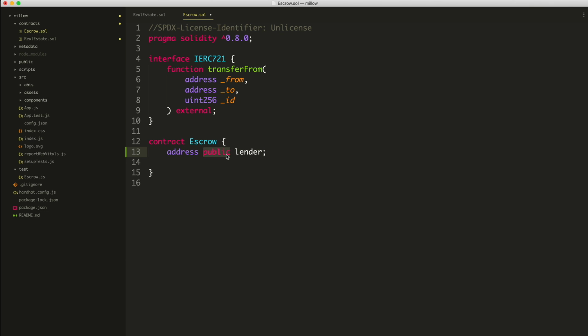And then public just means that this variable is now visible outside the smart contract, and that Solidity is going to give us a special function for free where we can access this value and we'll be able to see it outside the smart contract. So we can do the same thing for the inspector. And then we can do the same thing for the